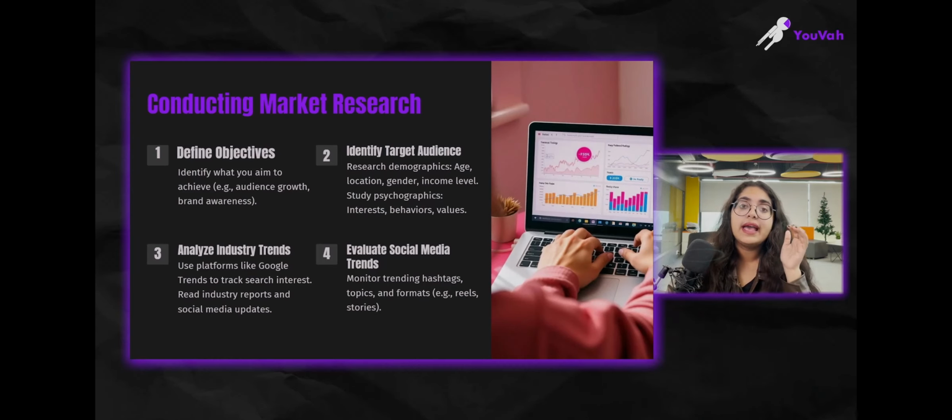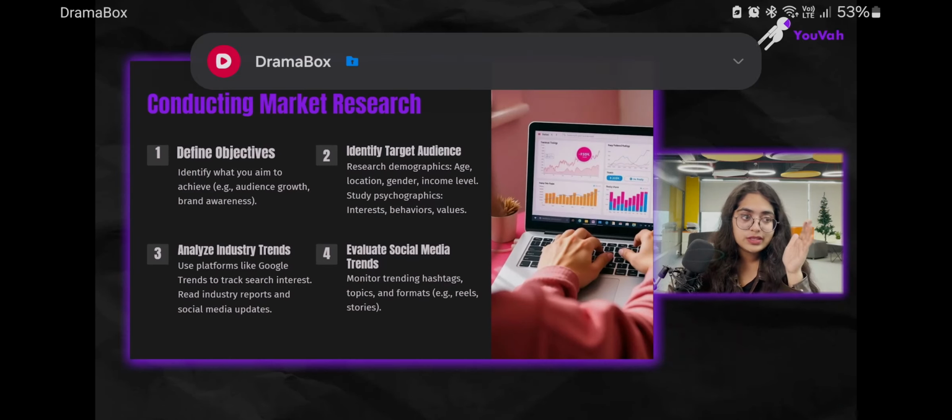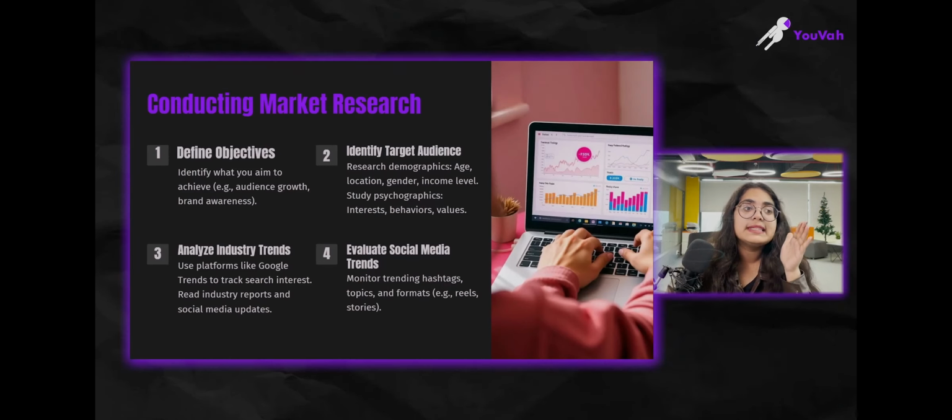And then third, analyze the industry trends. After you have known this is your objective, this is your audience, and this is what your audience wants, see whether in the long term the market is declining or shooting up for that particular product, field, or industry, right? So have a very close look at that. You can use Google Trends for this. You just have to type in the keyword and it's going to tell you using a graph where the trend is going, okay?